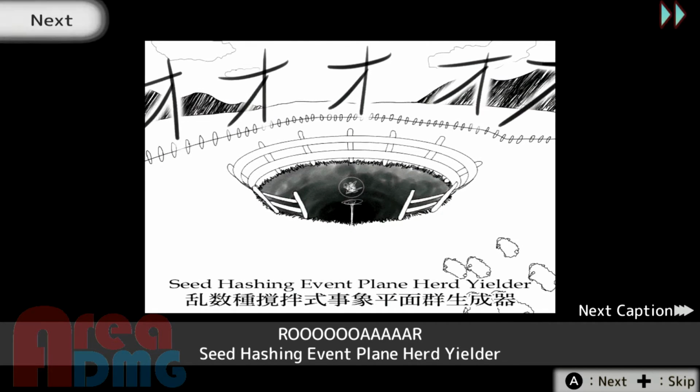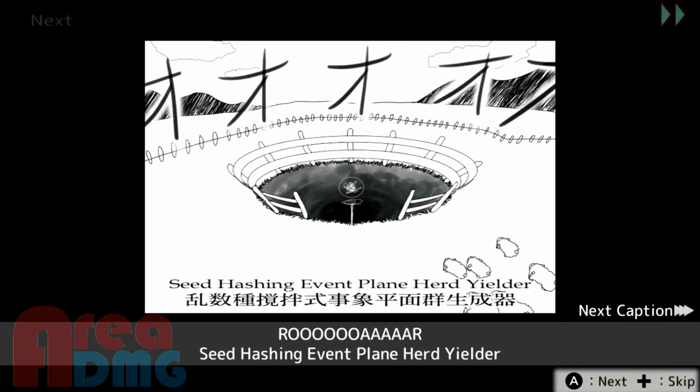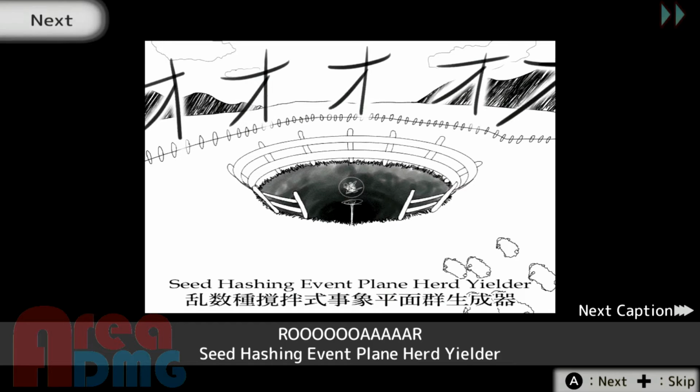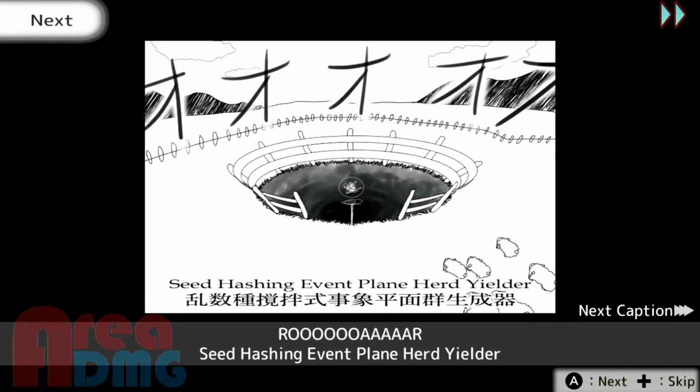Roar! Seed hashing event plane herd yielder. Shephy. I mean, the shepherd literally opens up a rip in time and space, a black hole from which some horrifying sheep Evangelion would just emerge. This is essentially third impact with sheep, and now they're going to go into the seed hashing event plane herd yielder, or Shephy. Shephy's an acronym